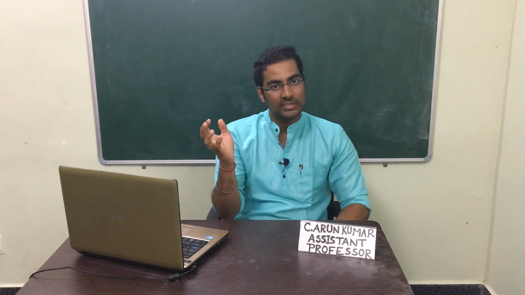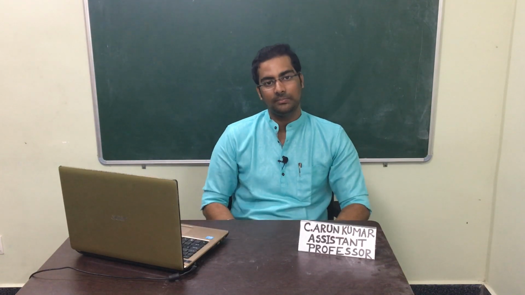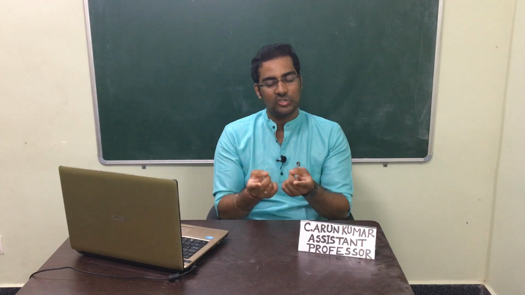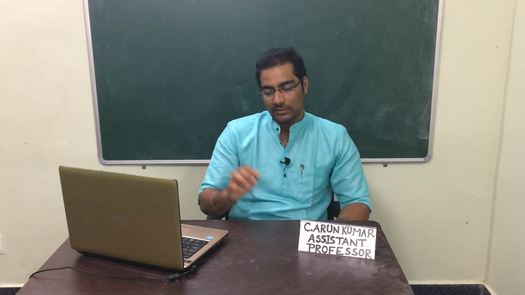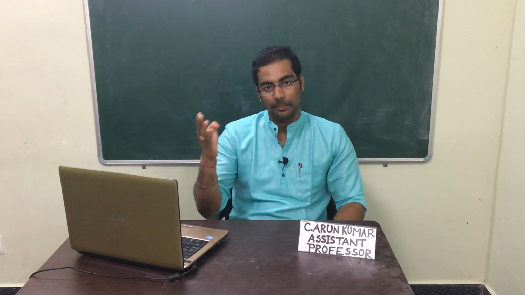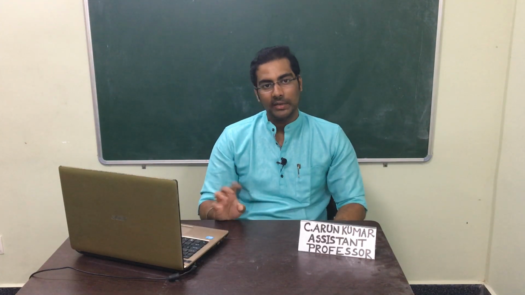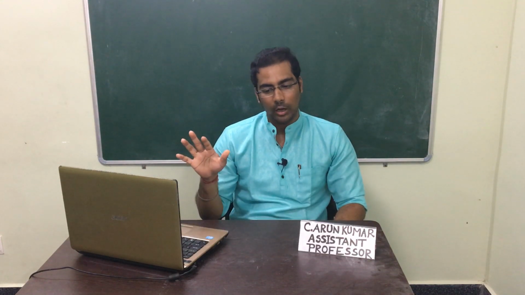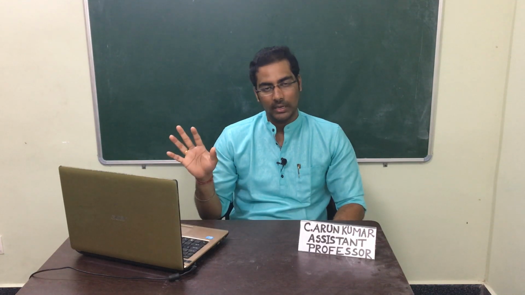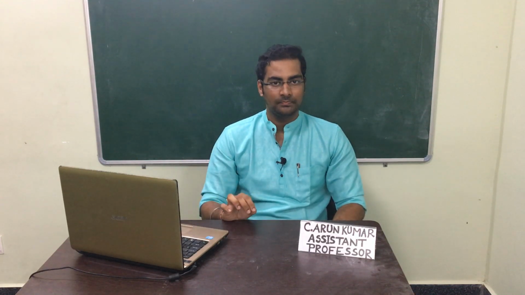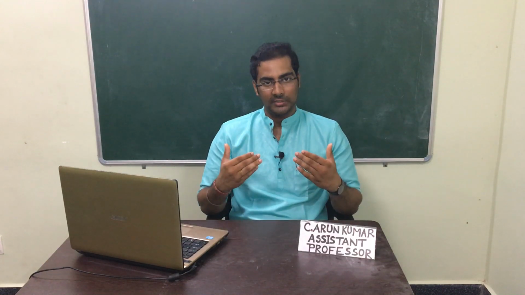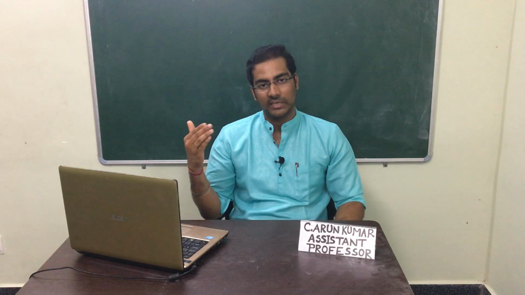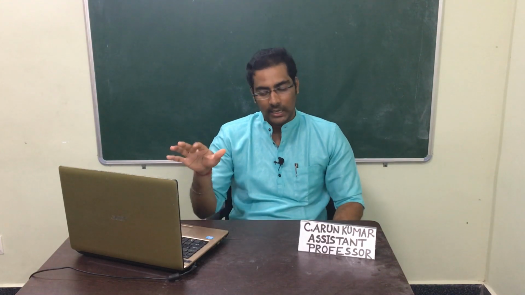So question number 7, what is the total percentage of money from the budget spent for education in India? The total government proposed budget for the year 2019-20 is around 27 lakh crore, out of which 95,000 crores were allocated for education, which comes to 3.46%. That is, if the Indian government is earning 100 rupees, they are spending 3.46% for education. That is the education allotment for the Indian budget.